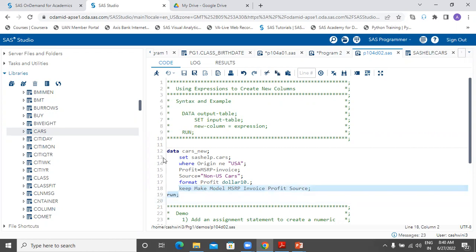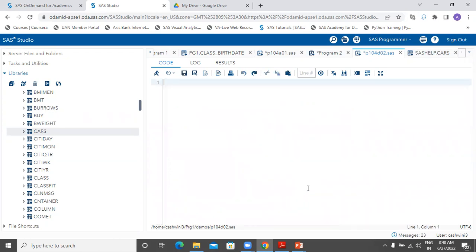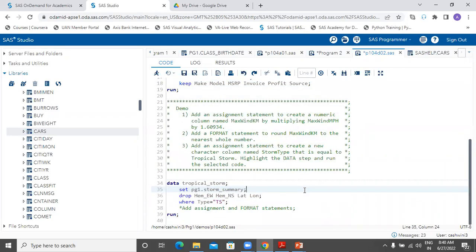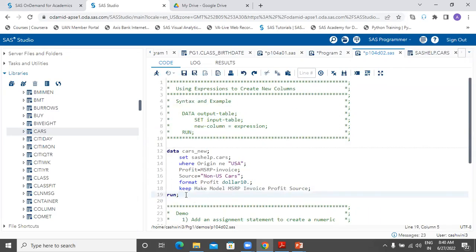Okay? Why? If I don't write this here, what will happen? It will be dropped. Absolutely correct. So it will be dropped, right? So now when I execute this data step,